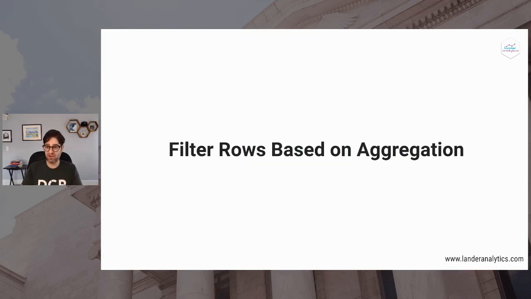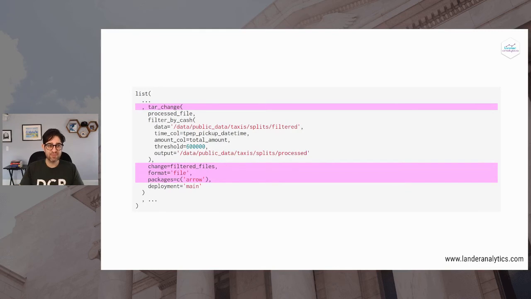With our data all processed, we can now do our aggregation-based filtering. This step uses tar_change because our function, which calls arrow, doesn't actually refer to any of the previous steps. So I'm saying change equals the filtered file step. So if those files change, go ahead and run the step. The outcome of this step will be a file. So I say format equals file. And I tell it to load up the package arrow, because this way I don't need to specify the arrow